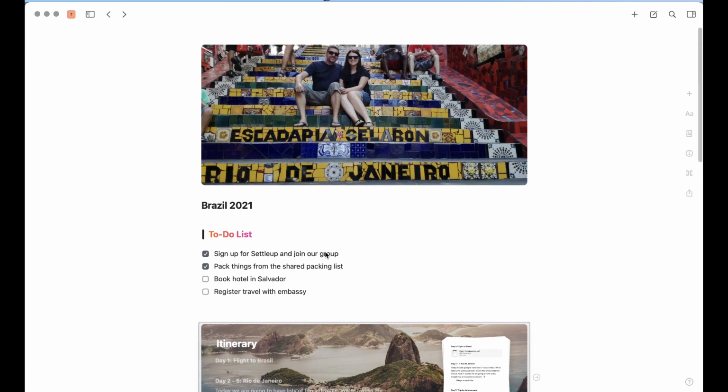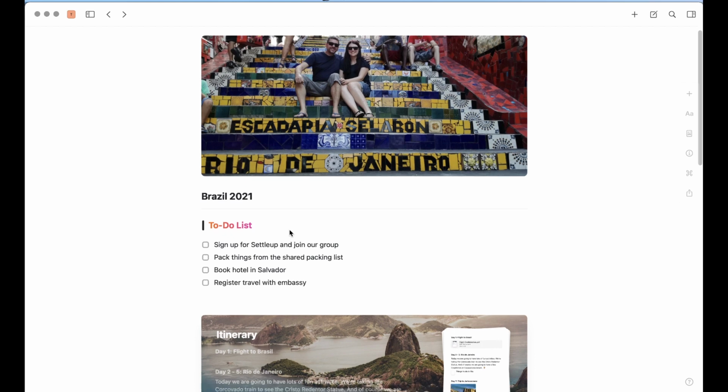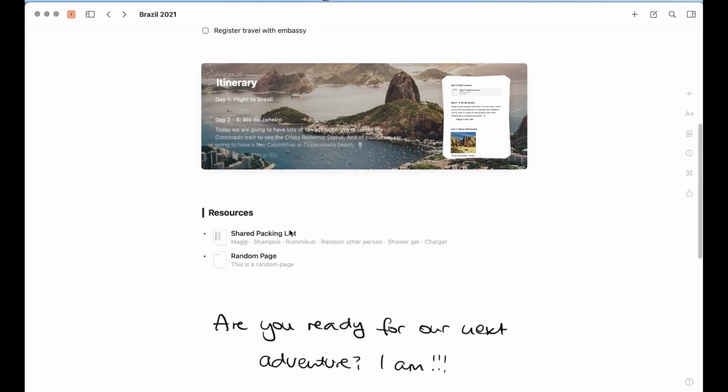And obviously we're going to talk a lot more about how to organize things, how I set everything up. But I thought it would be a good idea to make some kind of test page together where I explain everything step by step. And you can see this actual page on the internet, just like I would share it with my friends. I will leave the link in the description, and I will leave it there for a few weeks. So if you want to have a look, go right ahead.